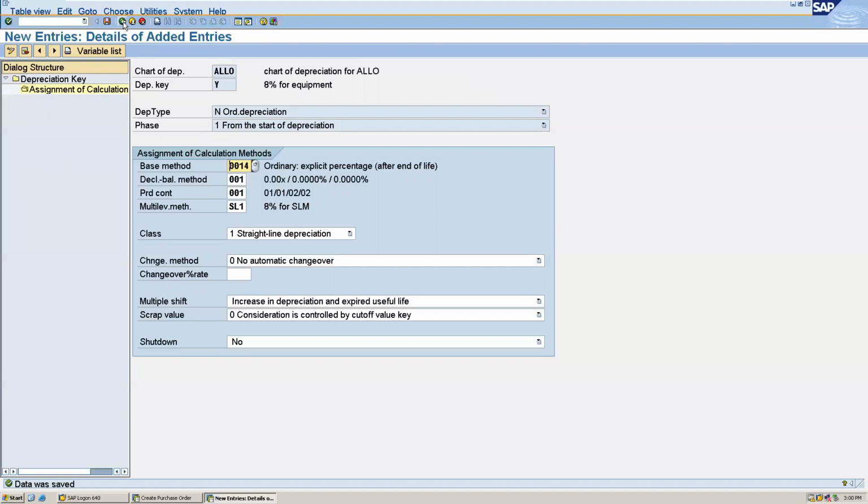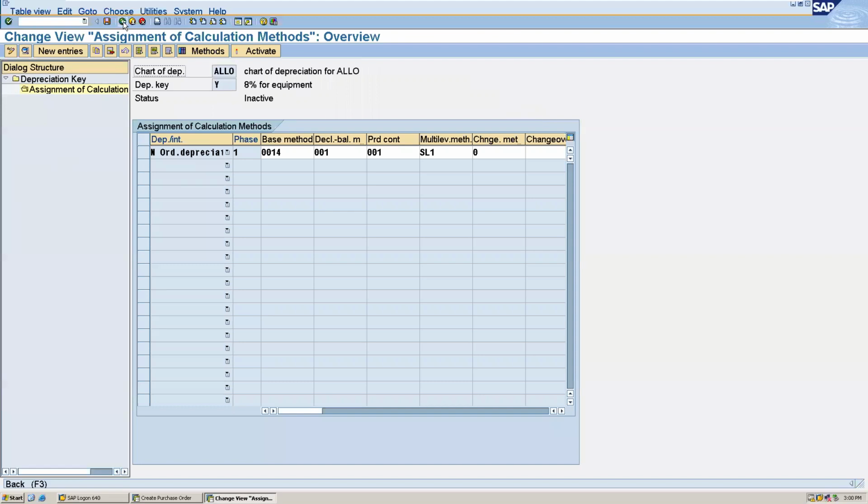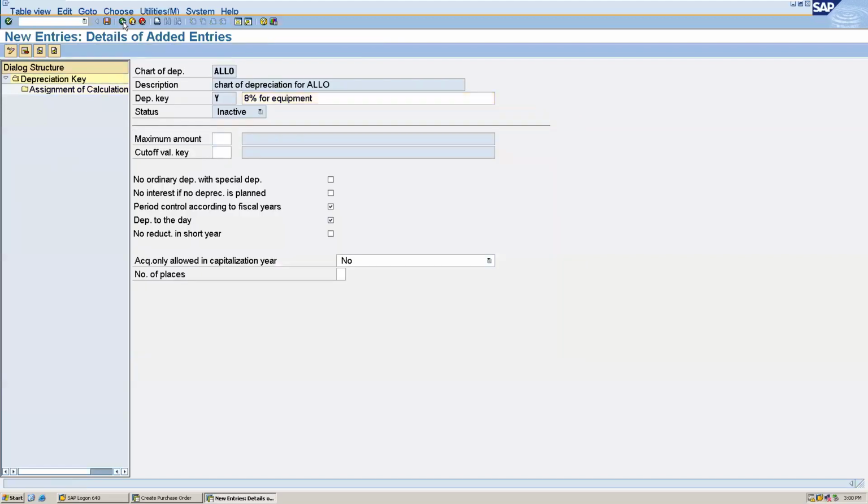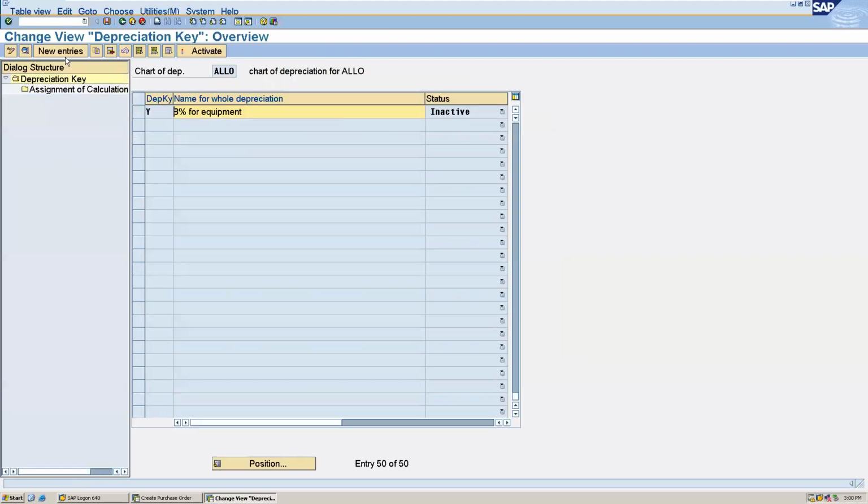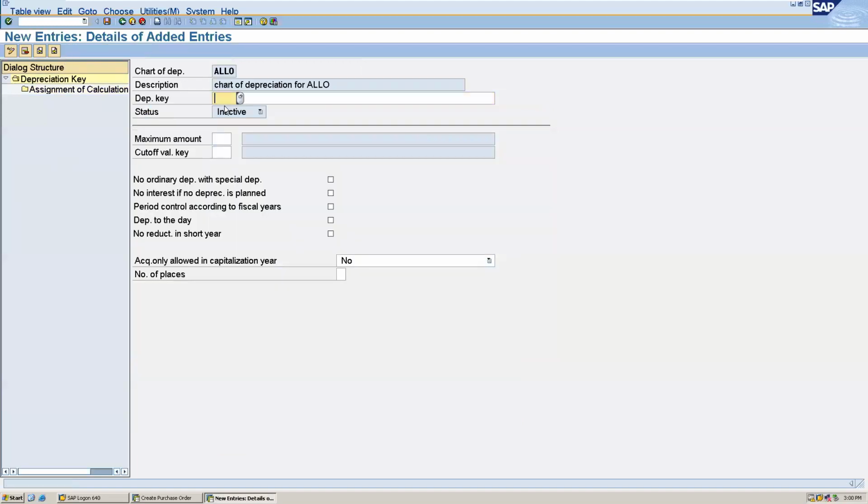Now we have to maintain another depreciation key. Okay, new entry. Z I am giving, and 10% for equipment.